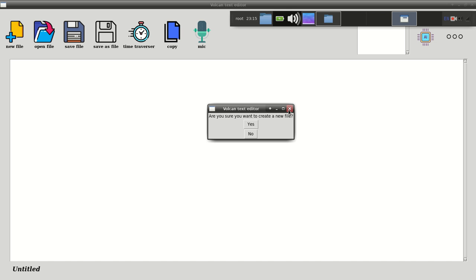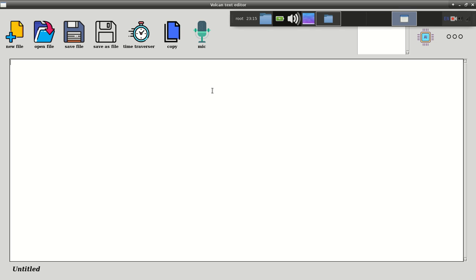Yes. Actually, I have pressed it for a long time. That's why it has opened multiple dialog boxes. So this can also be removed. But currently, I am not going to remove that because this is a very long project. So you can also remove that. So you can see if I press escape, then let's see. Now AI is working.